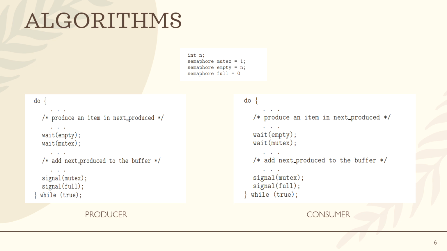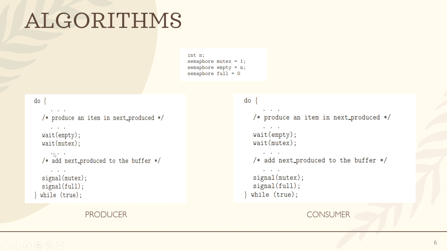Like initially in the producer section, when the wait process is called, it decrements the value of the variable empty, and the signal process increments the value of the variable which is provided as an input. So here, as you see, wait of empty: when a producer produces an item, the value of the empty variable is decremented by 1, and when wait of mutex is called, it decrements the value of mutex. And so in the midway part, if the consumer tries to